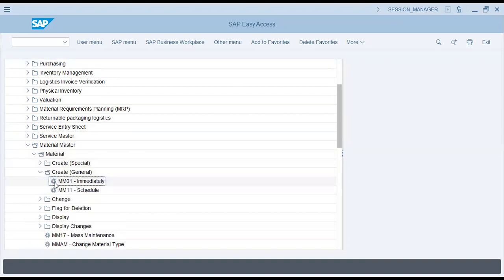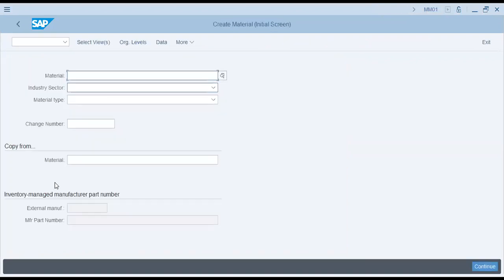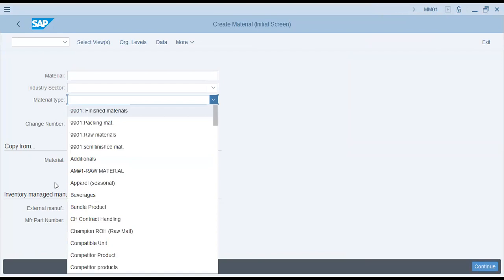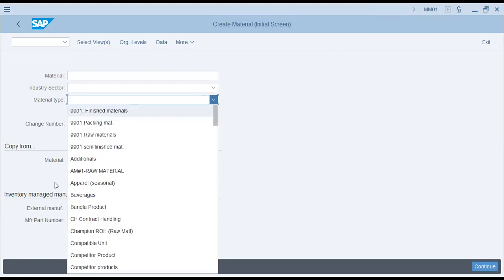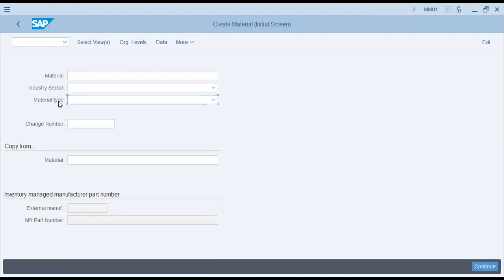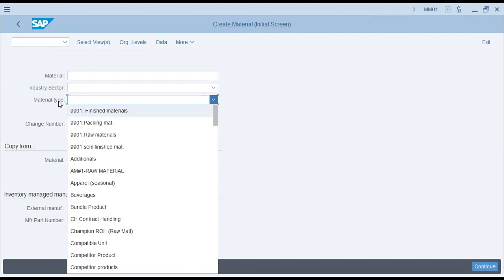But before we create a master data, we will have to create industry sector. Industry sector can be anything like pharmaceutical, cement, FMCG, whatever. Material type. Material type is raw material, semi-finished good, finished good. That is broadly three types, three categories. But we can go into much more detail. Like, for example, if you're in textile industry, raw material for yarn, for cotton, for synthetic fiber, these are different